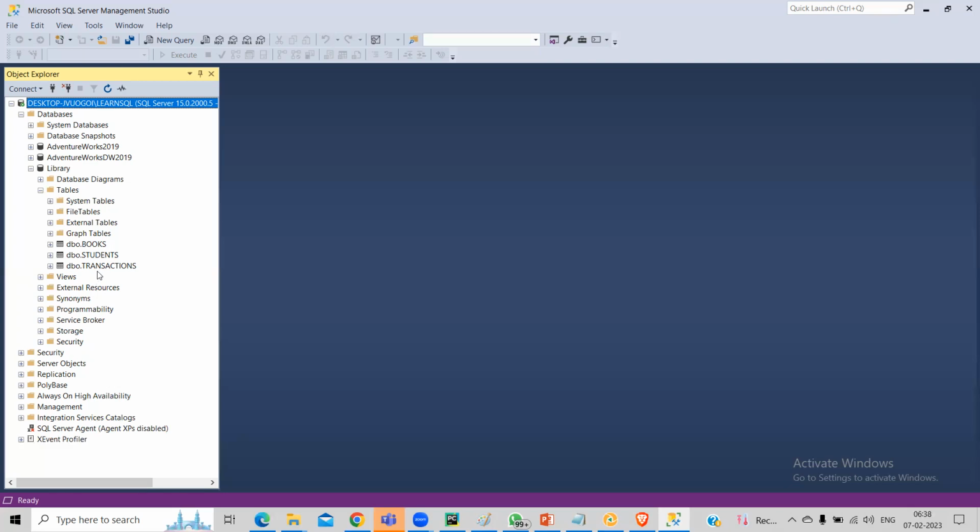What is an index? Why do we use an index? To get the data easily, correct. If we want to search something and we have an index, it will save time for the system. It makes searching fast. That's all. It makes searching fast. And the reason we create it is